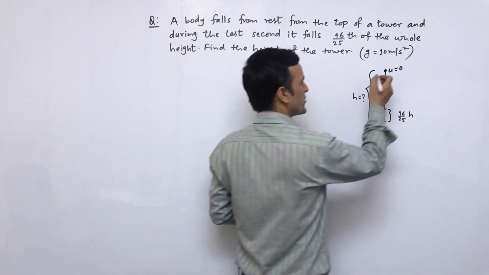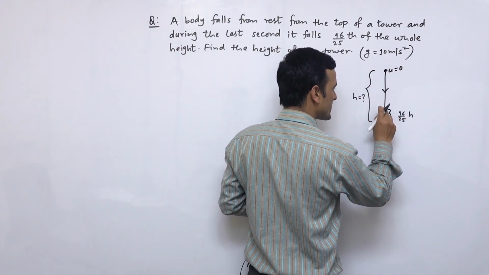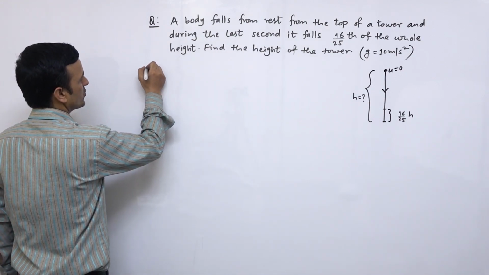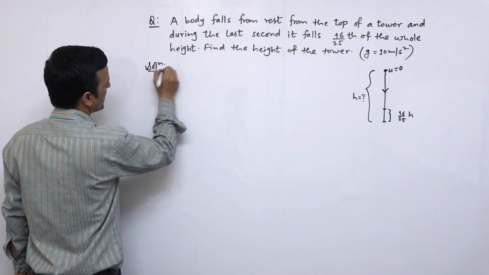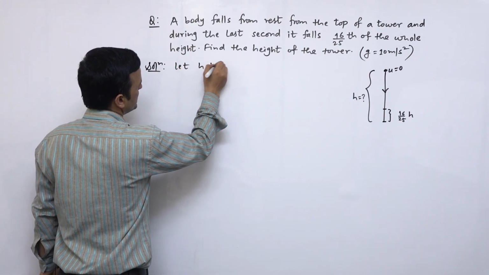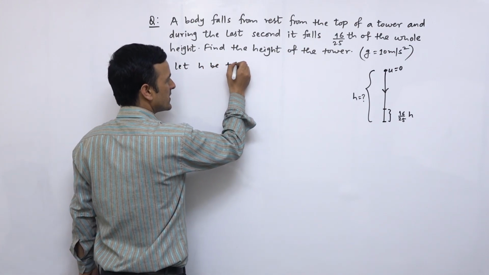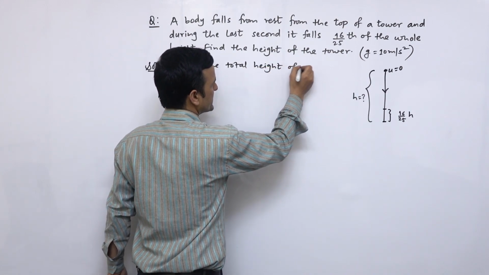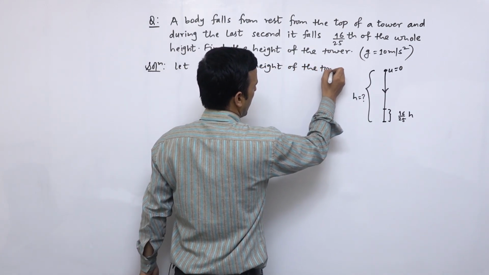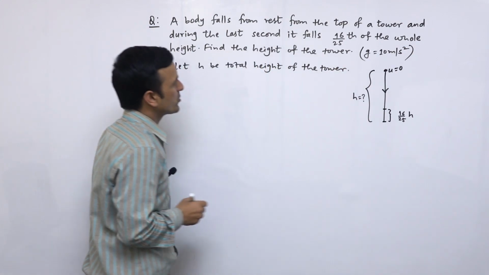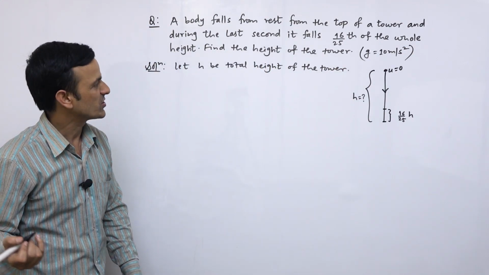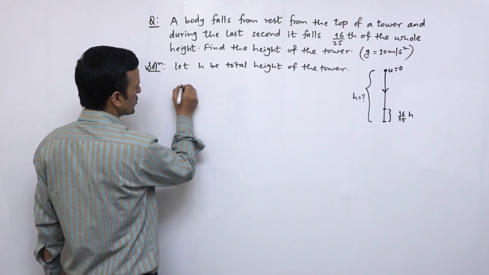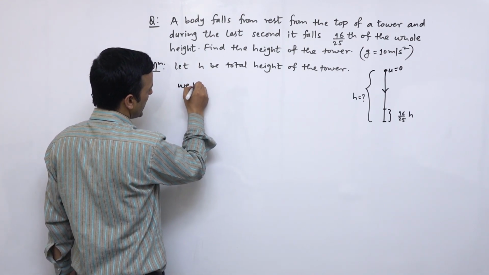त्यसो भए अब यो रेस्टबाट खसाल्दा कति हुन्छ यहाँसम्मको निकालौँ, अनि त्यो अनुसार हामी गर्न सक्छौँ. सल्युसनमा, let h be the total height of the tower. टावरको टोटल हाइटलाई हामी h मान्न सक्छौँ. So let h be the total height of the tower, and so we can use, we have